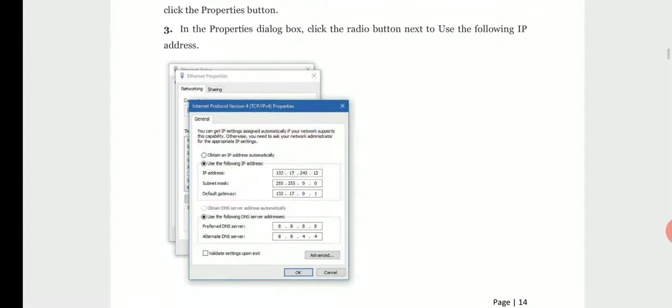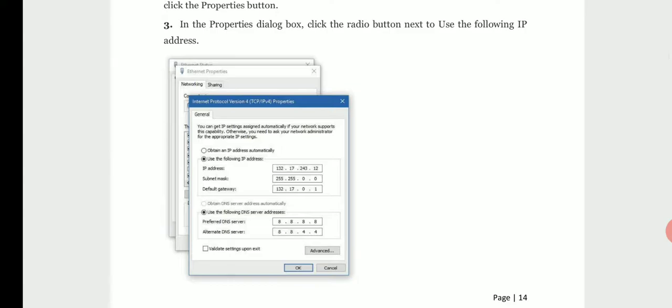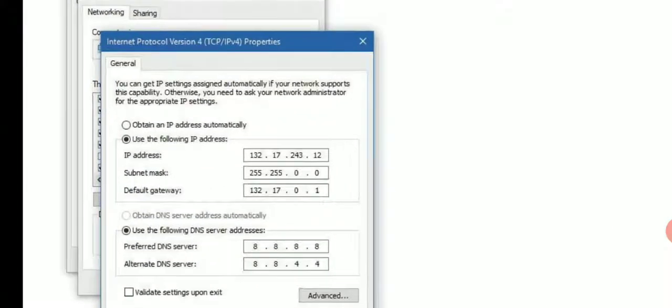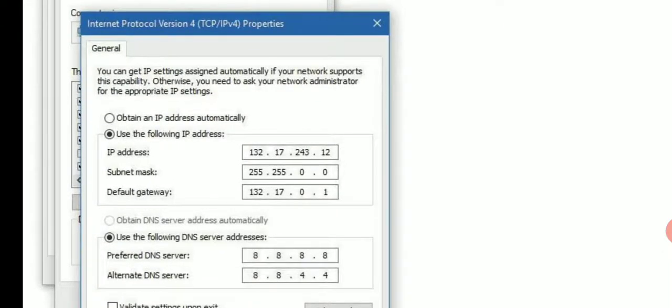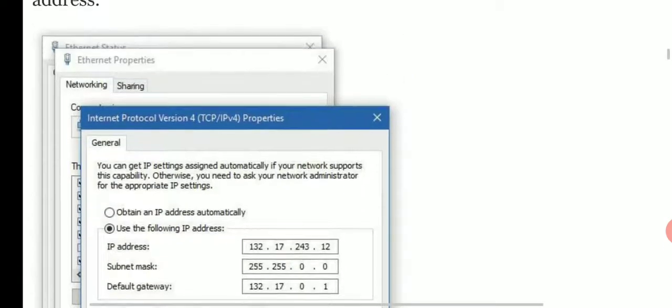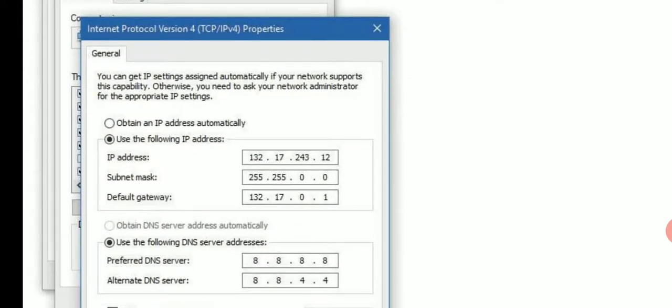In the properties dialog box, click the radio button next to use the following IP address. See here, the radio button, use the following IP address. The radio button is clicked. See, a typical IP address will be like this: 132.17.243.12. It is the dotted decimal notation. Okay, it is a 32-bit number, and the subnet mask is